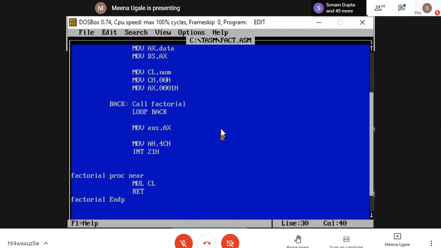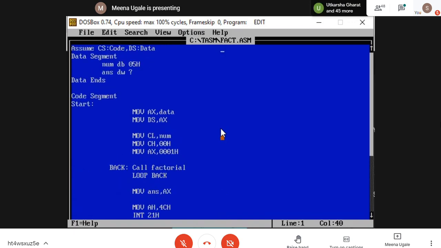Only thing in this case, the output, the 5's factorial, whatever number you will get, that answer you will get in hexadecimal. So you can check by converting it into decimal and check whether your answer is correct or not. Run this program and check. Read the program properly. You can interpret the instructions for what purpose, what is written. It's very easy. If not understood anything, ask your doubts.